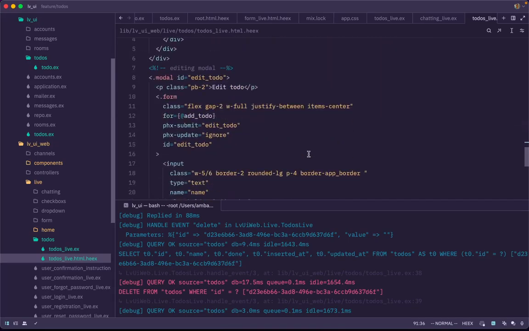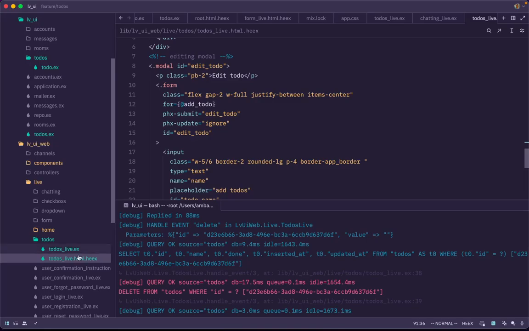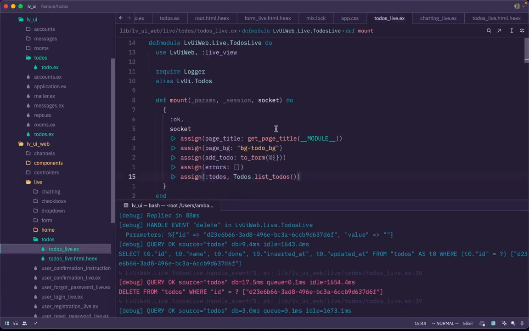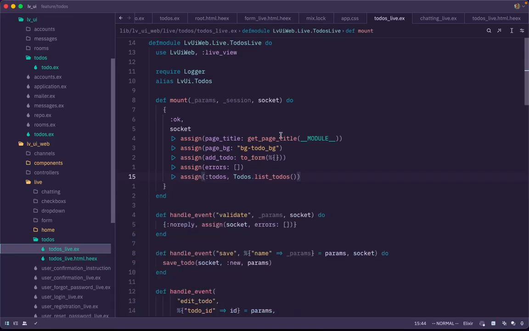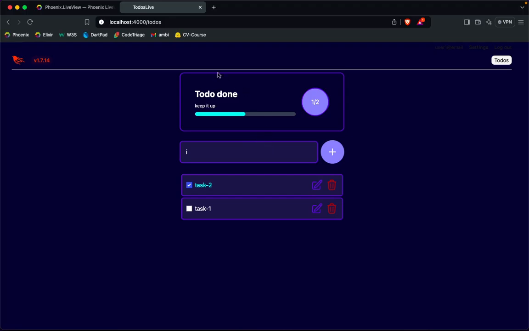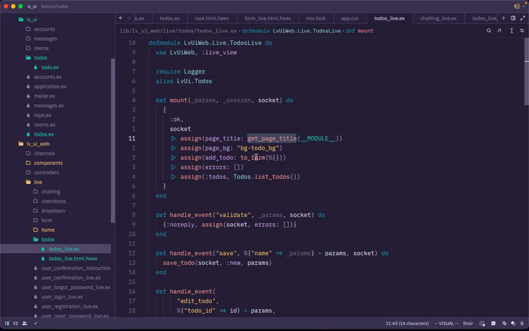So let's see how the LiveView looks. Yeah, let's close the terminal. Yeah, so in the mount I'm just adding get page title. That is how you see the to do live. And I'm also adding a page bg and bg to do bg. So this to do bg is coming from